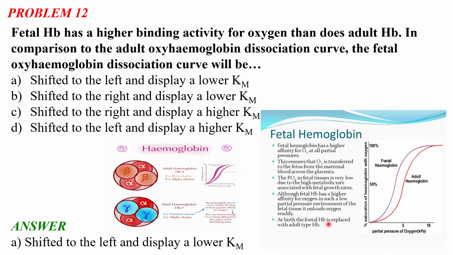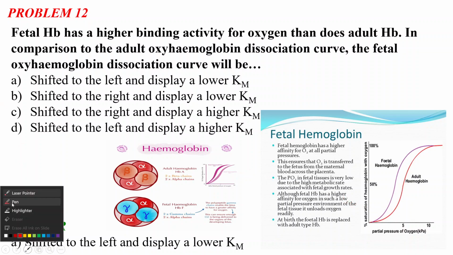At birth the fetal hemoglobin is replaced by the adult type of hemoglobin. As you can see, the curve for the fetal hemoglobin is shifted toward the left side, since it has a higher affinity to oxygen at all partial pressures, and it displays a lower Km. So how does it display a lower Km? We all know Km is the particular